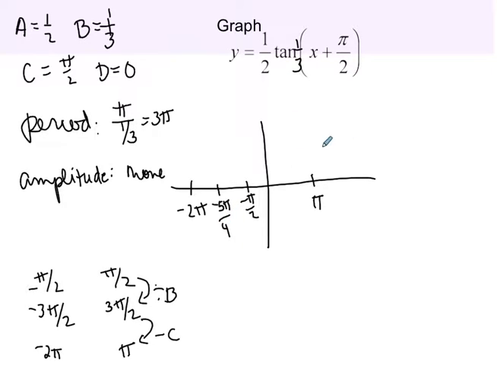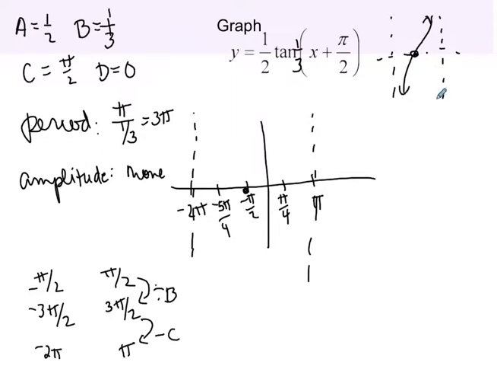Over 4. Okay, now halfway between here and here, again, negative pi over 2 plus 2 pi over 2 would be pi over 2 divided by 2 would be pi over 4. Now, I know what tangent looks like. Remember, I have asymptotes on either side, and my tangent curve goes like this. Now, I'm going to draw in my asymptotes here. And I know that tangent crosses my x-axis